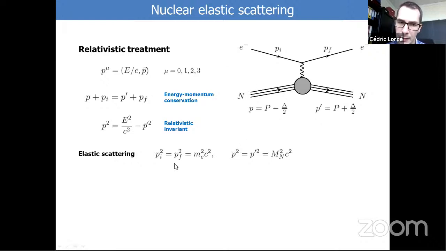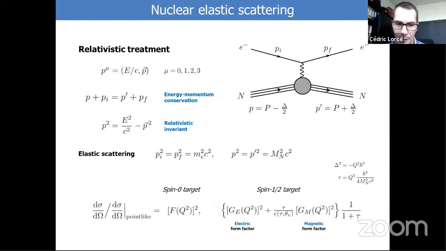So it means that what we call the dispersion relation, so how energy and momentum are related, is essentially given in relativity by the mass of the particle. So if you know the mass and the momentum, you know automatically the energy for a free particle. And since the state is not excited, it has the same mass for the initial state and the final state. For the electron, it's a bit trivial because as far as we know, the electron has no fundamental inner structure, so it necessarily has the same mass before and after. So that's what we mean by a relativistic elastic scattering.